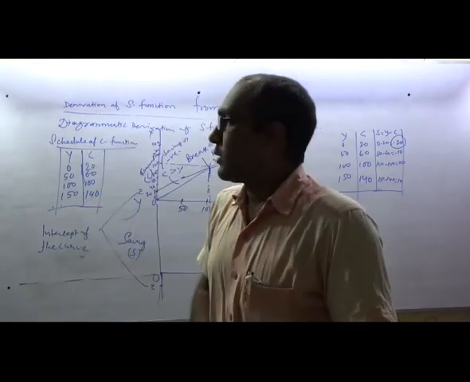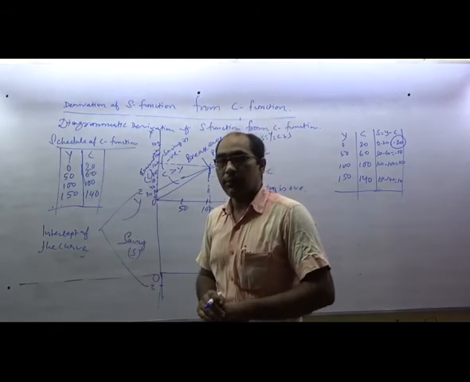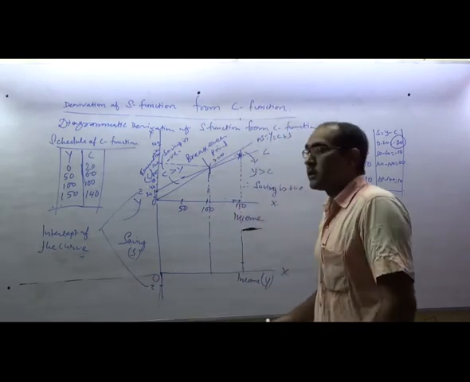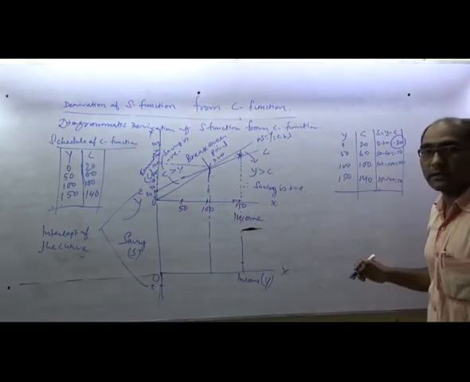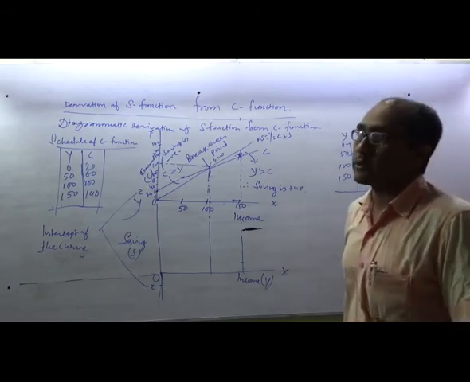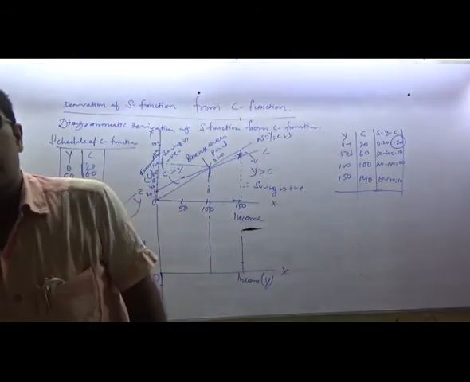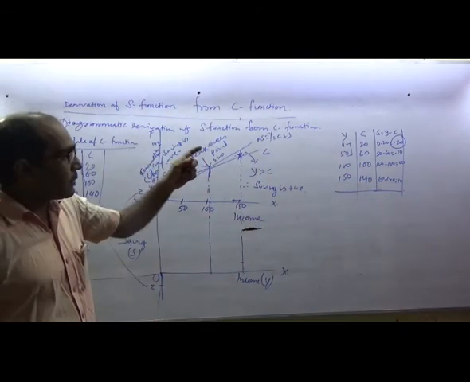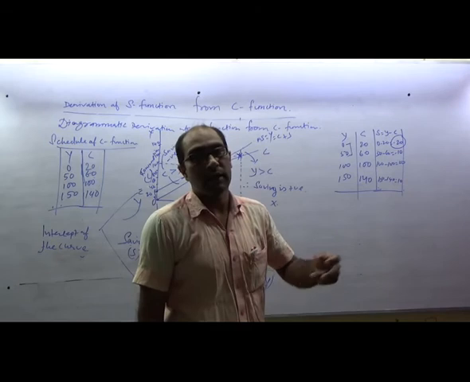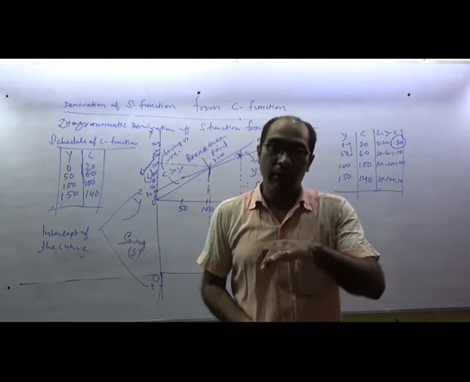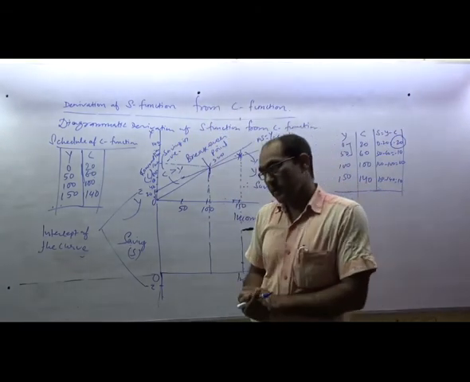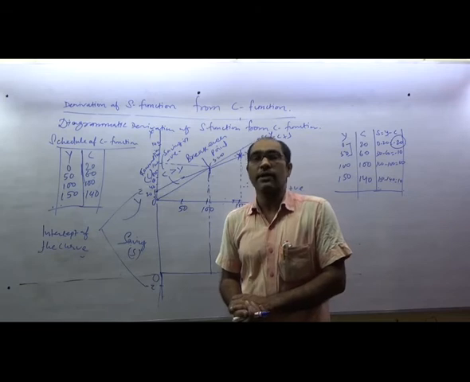So, what we observe in the data, if we change 50 rupees in income, our consumption will change by 40 rupees. Again, observe the figure of S. When our income changes by 50, saving also changes by 10. Means for every 50 rupee change in income, our saving accordingly changes by 10. So this forms a linear, straight line relationship between change in income with change in consumption as well as change in saving.